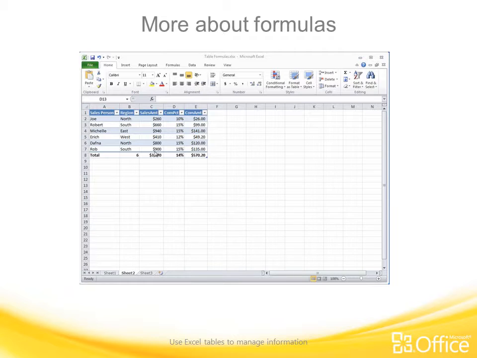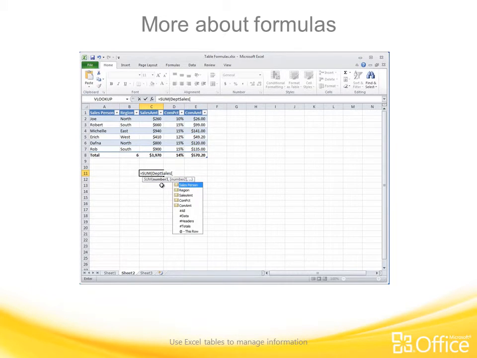Say that I want to add together the sales amount and the commission amount to get the total. And to do that, I'm going to type a formula outside the table. So I'll click and I'll type equals sum in a parentheses, and I want to type the table name. As soon as I start typing the letters, Excel offers me the name. I'll double click it to get it into the formula. Now, to get my list of structured references, I'm going to type my square bracket, and there we've got it. So I'm going to click sales amount. I'll close it with another square bracket